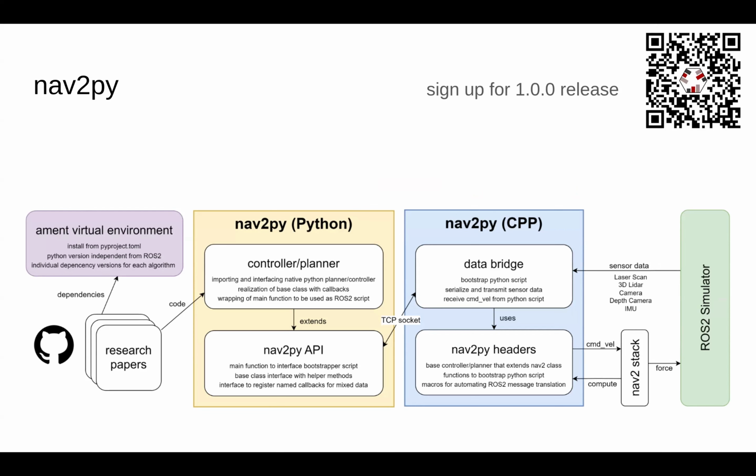I'm going to be technical for a minute here, and then we can actually get to the competition. So the goal here is for the authors of the paper to integrate their planner or controller right here. It's in the Python section, and the rest of the system is mostly handled by nav2py. What the author is required to do is to set up a virtual environment that is actually reproducible and not just a loose list of requirements.txt, but actually a PyProject file with the appropriate dependencies. And then on the C++ side, just have some basic calls using our macros to forward, for example, LiDAR data and then send back cmd_vel data.